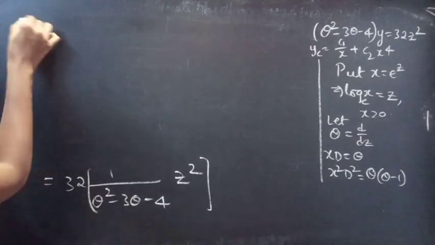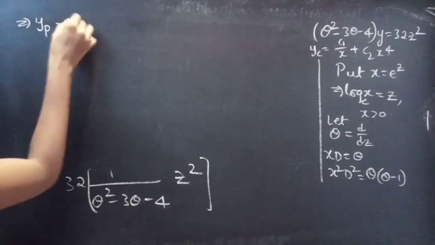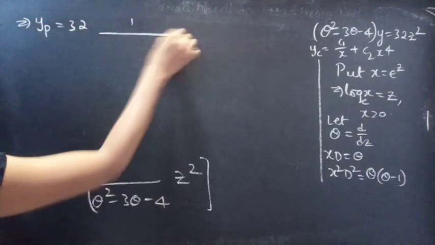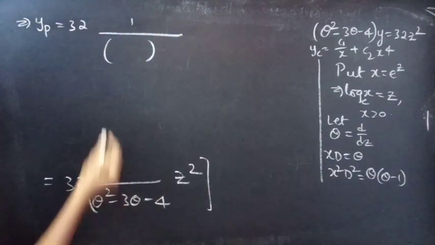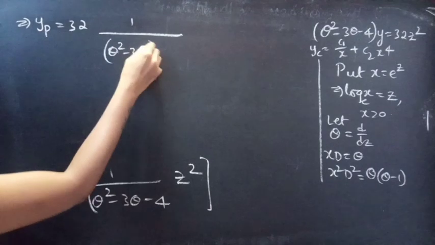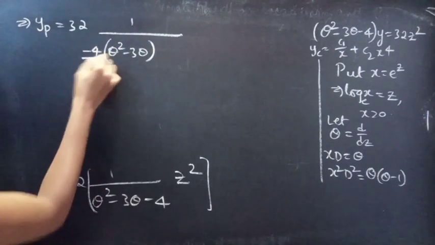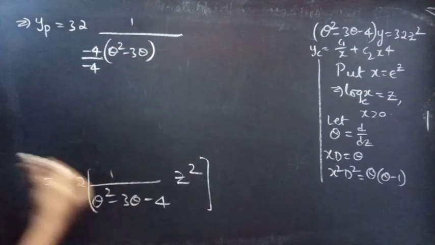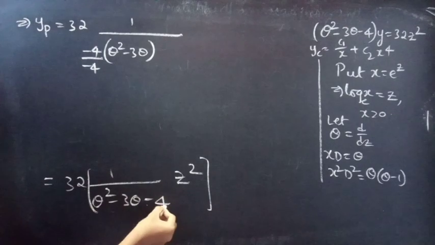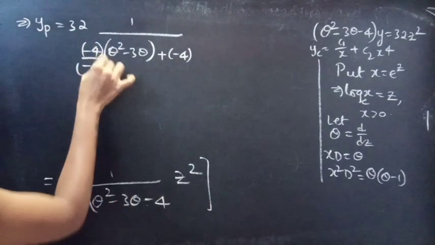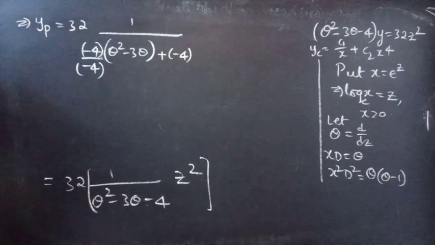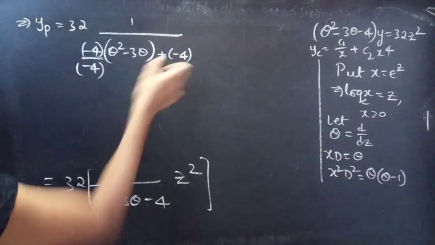Then yp becomes 32 into 1 by, multiply and divide minus 4 to the first two terms. Okay, and write this minus 4 as plus of minus 4. Then it will be easy in the next step to take minus 4 common from the two terms of the denominator